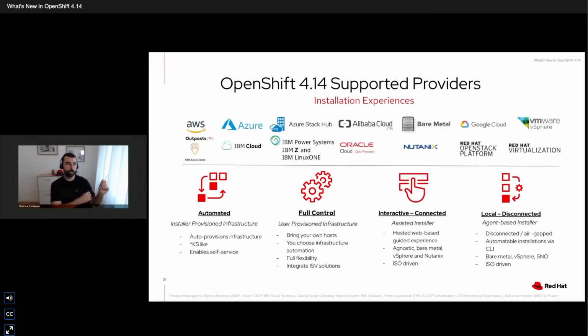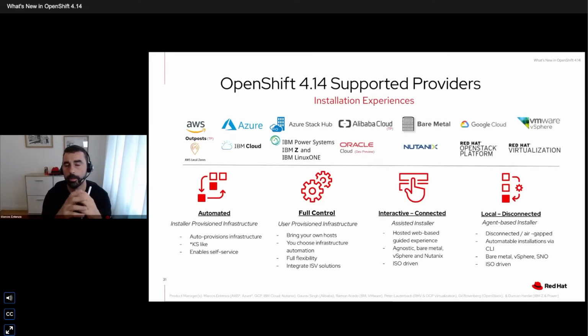Amazing, thank you, Jamie. So let's talk about installer flexibility. In OpenShift 4.14, we keep the same use case driven installation experience that targets different levels of control and automation. These are full stack automation, where the installer provisions and controls all the areas of the installation, the infrastructure provisioning, and pre-existing infrastructure deployments, where you are responsible for provisioning and managing your own infrastructure, where to deploy OpenShift,